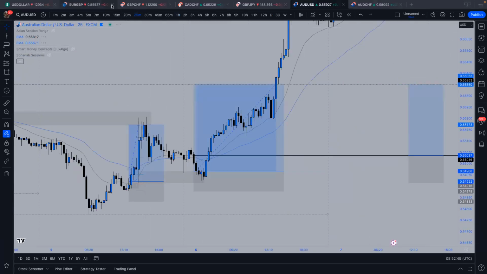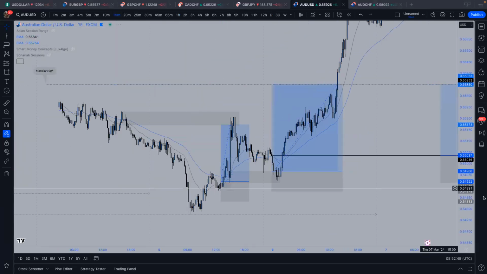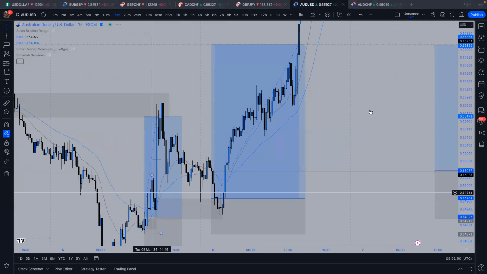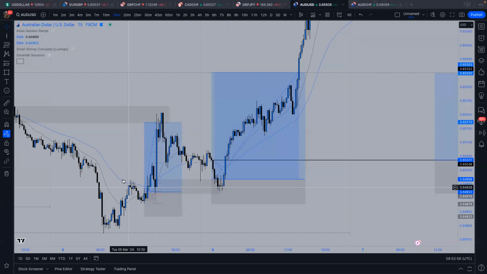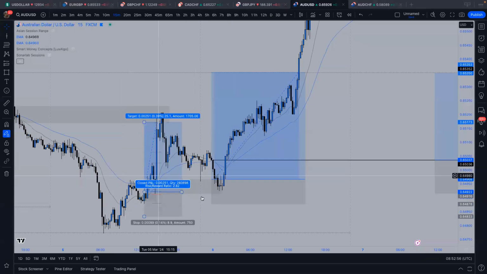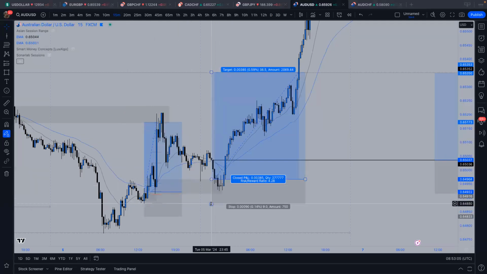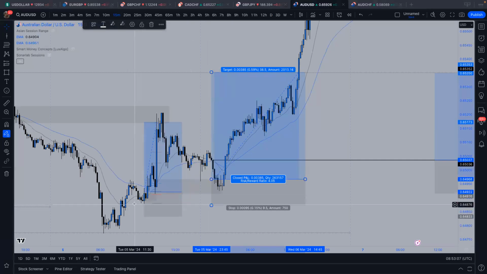Going down on a 15 minute, we then had this big pump, and then we started to roll back down. And again, I was just looking for that last sell to buy movement, which price came in and tested. You can see we did come in and test this going into like 1 a.m. I had my stop below this low just because I was protecting it a bit. And then you can see from here going into the Asian session and carrying on the day, we mooned. So that was next day. Another 4R gains. So that's 6 point R gains so far.